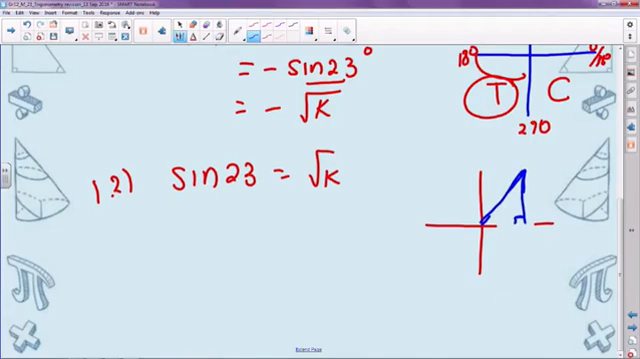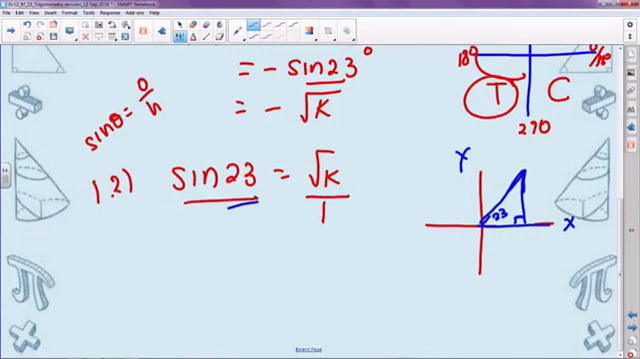Okay, so that's perpendicular to the x-axis. And our angle 23 degrees is going to sit here inside the triangle. All right, sine of 23, from definition, we also know that sine of any angle is opposite over hypotenuse. I also should realize that the square root of k can be written as square root k over 1. Okay, so therefore, relating sine 23 to the definition of sine, I can say that sine of 23 degrees is